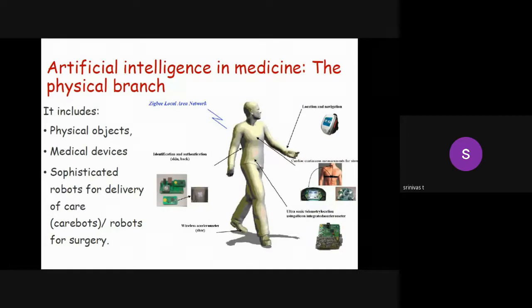This one is easy to understand: artificial intelligence in medicine, the physical branch. The physical branch includes physical objects, medical devices, sophisticated robots for delivery of care, and care bots. Care robots are good, care bots, and robots for surgery. For surgery also we are going to see. This is one typical figure, remote telemedicine, something like that, for easy understanding. Next